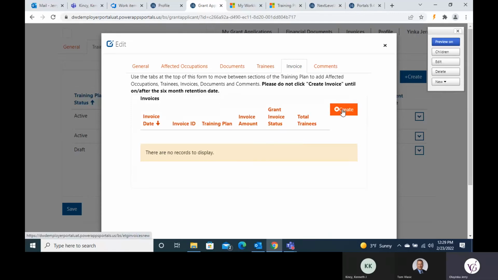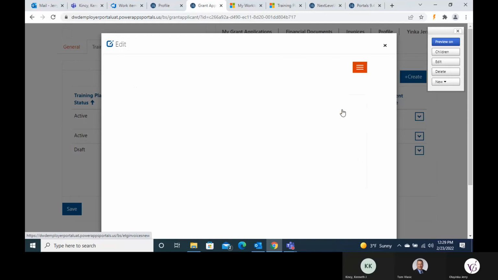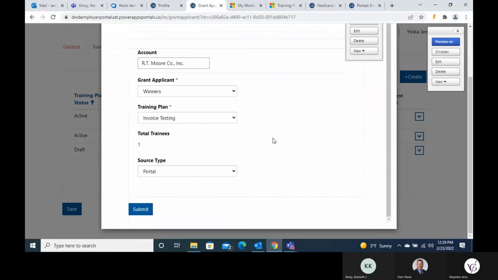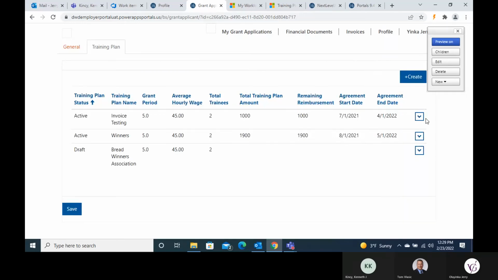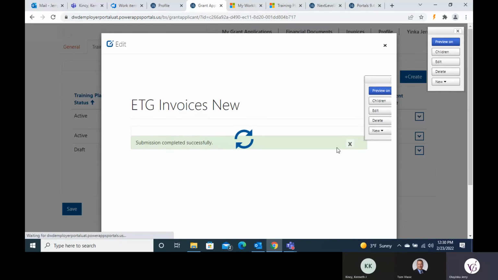We will now come in and select create. Once the create form populates, we'll select submit. That should create our invoice. We'll then come into our training plan,